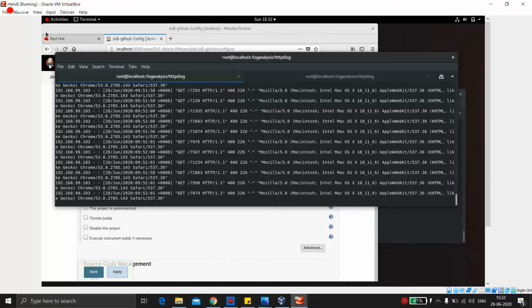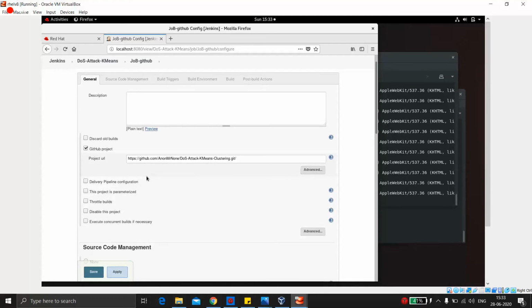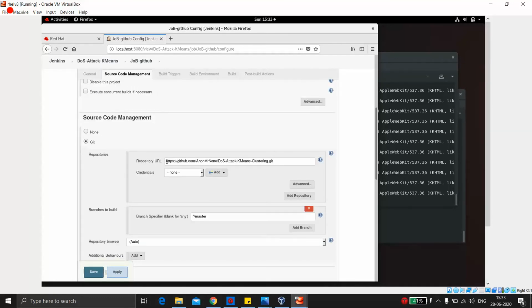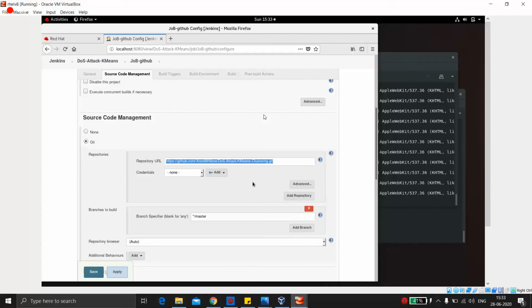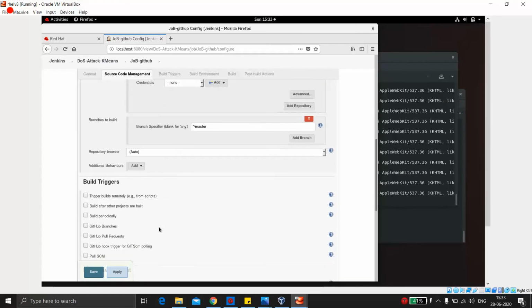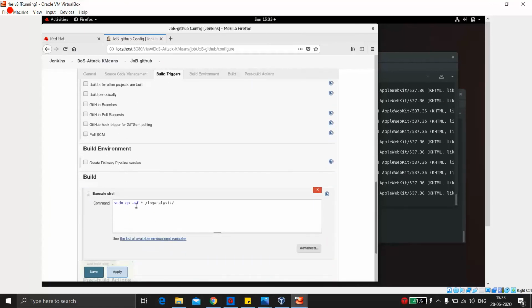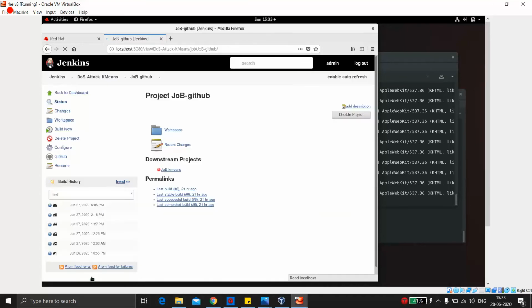So everything would be handled in this directory only. In this we just have to give our GitHub repository link, which is this DOS attack k-means cluster, which I showed you here. I have just given this link. What it will do is it will download the code and copy all the files to this log analysis folder. This is just a simple job.